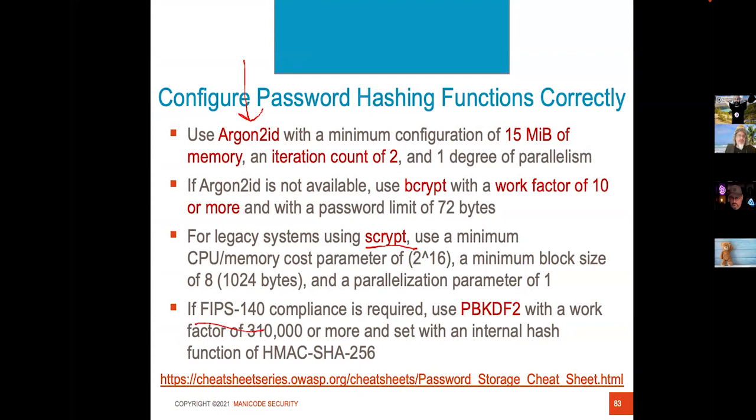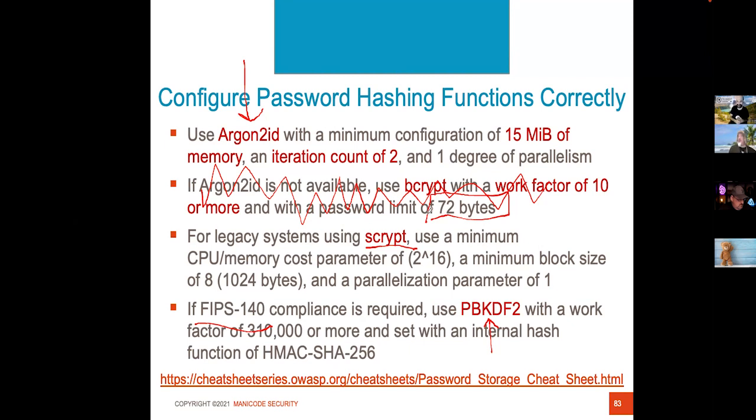If you're not going to use Argon2id, I'd use scrypt as my second choice. And if you want to be FIPS compliant, you want to use PBKDF2 with certain configuration options. And I don't want to touch bcrypt. I don't think it's a good piece of advice because bcrypt truncates at 72 bytes. And for me, I don't like bcrypt, Farshad, because of that 72 byte limit for what it can hash. So I think it's time to move.